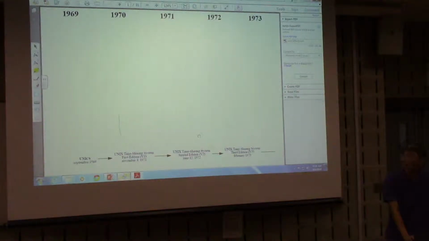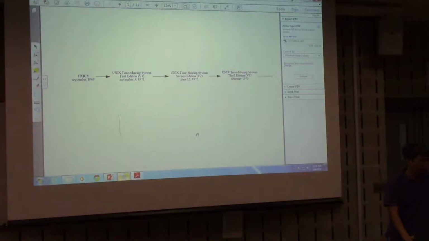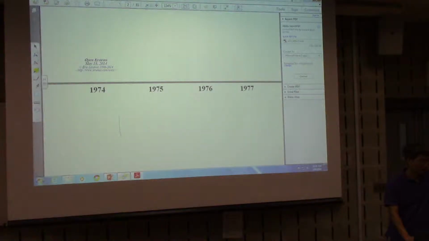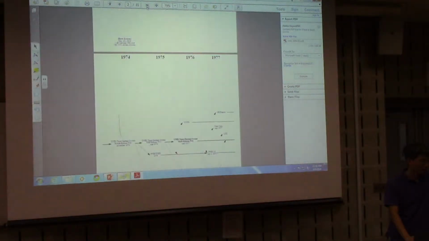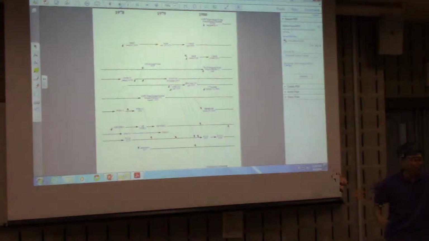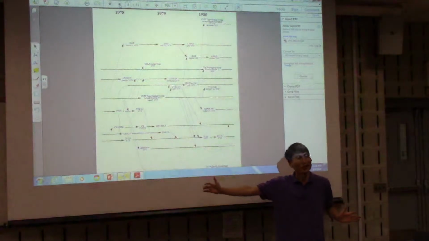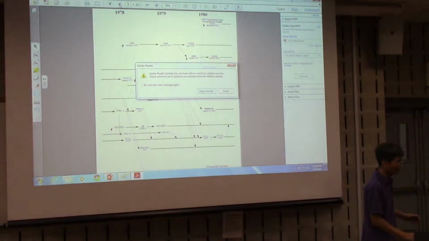this is from 1969. It's page by page. So if you connect them next to each other, it will be very long, the family tree for Unix.